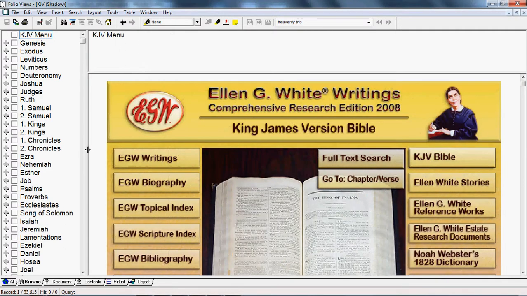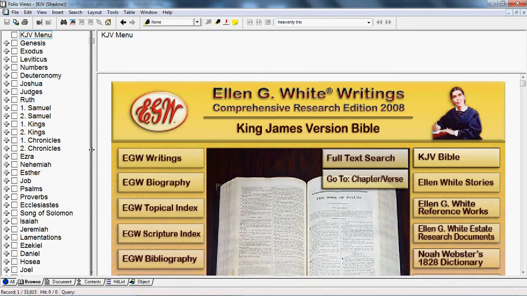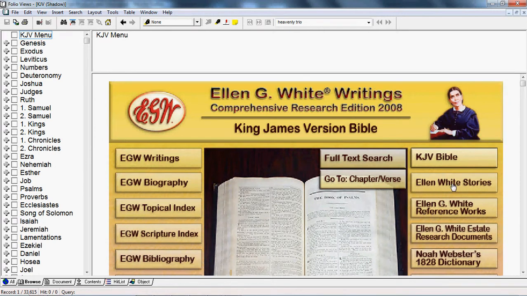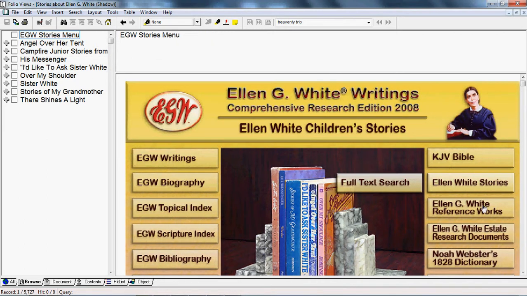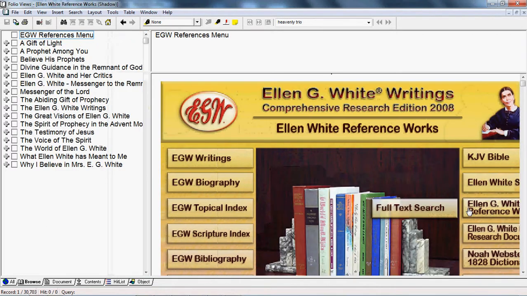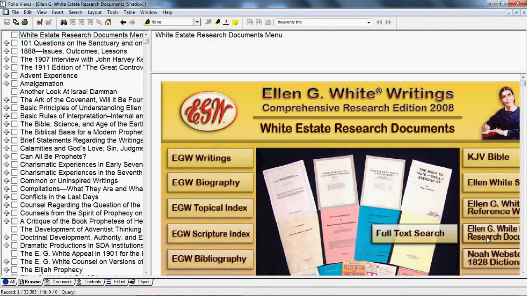You'll notice that I'm just dragging this little line across as I give myself some more space. And now we can go to Ellen White Stories. We can go to Ellen White Reference Works. We can go to Research Documents